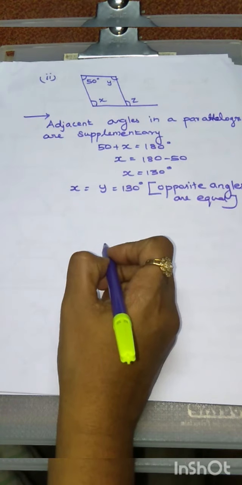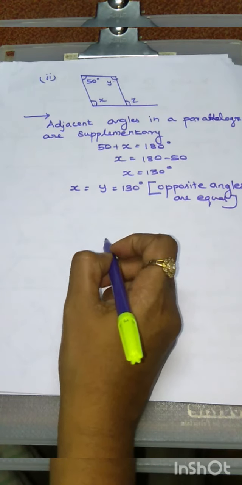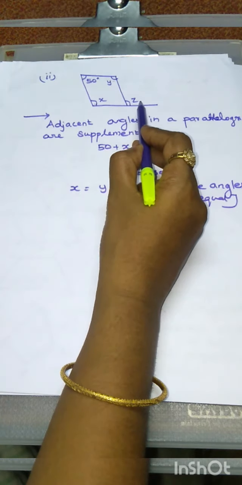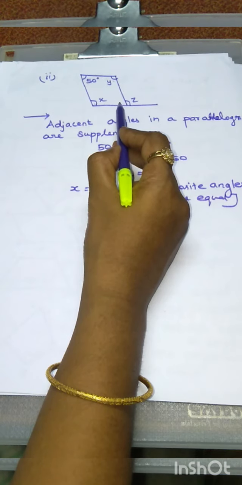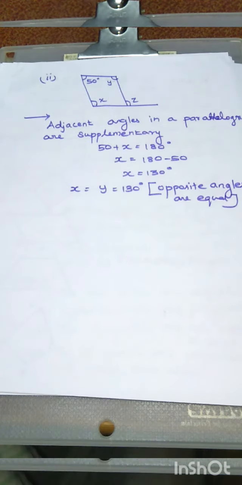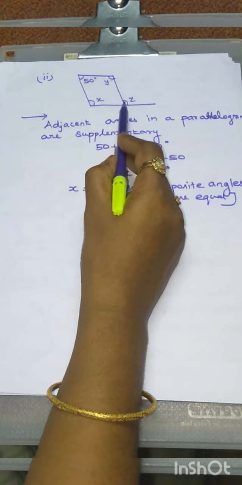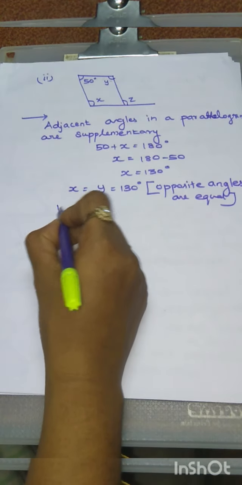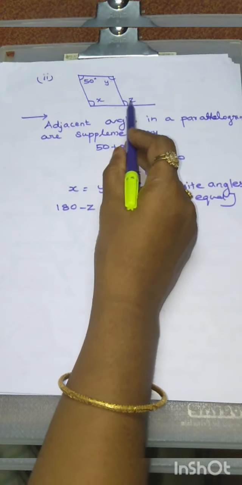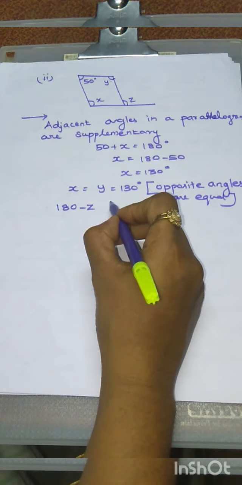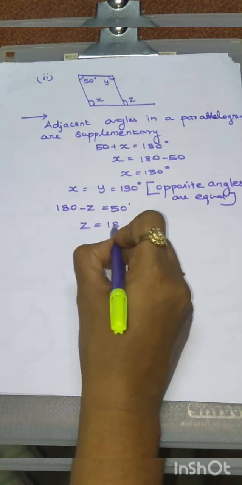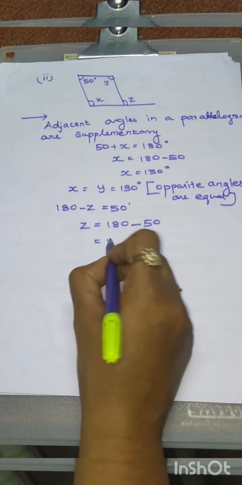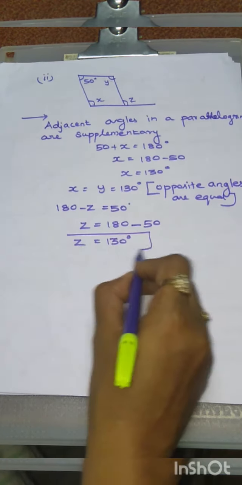How can we calculate the z value? Already we know the condition, no. Angles in a straight line is 180 degrees, we have to apply, because this angle is 50 degrees. So how can we calculate this angle? That is 180 minus 50. So that is 130. Here we have to apply angles in a straight line is 180 degrees. So directly we have to write 180 minus z. This angle is z means this angle is 180 minus z. So 180 minus z is equal to 50 degrees. So z is equal to 180 minus 50. That is 130 degrees. Therefore z is equal to 130 degrees.